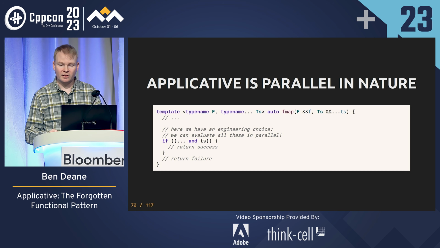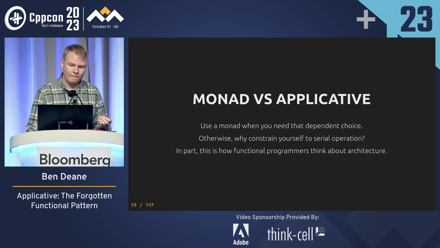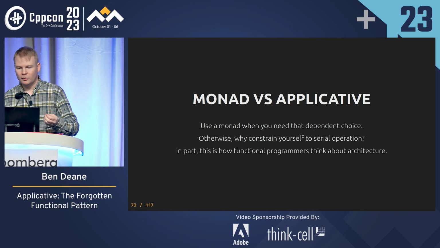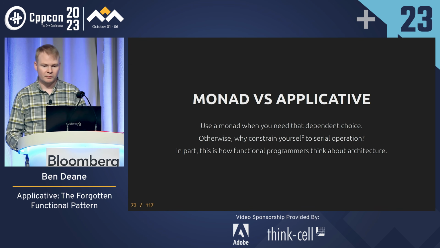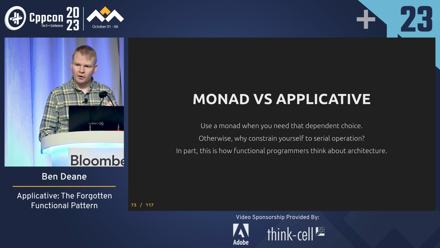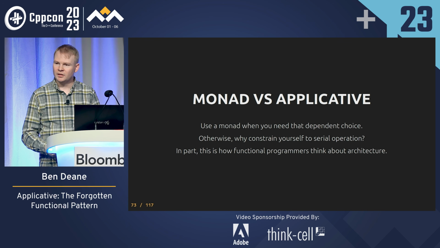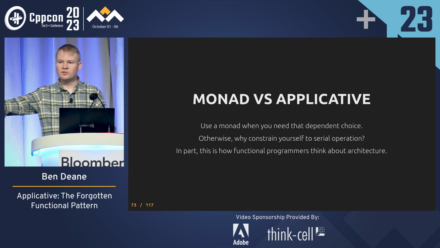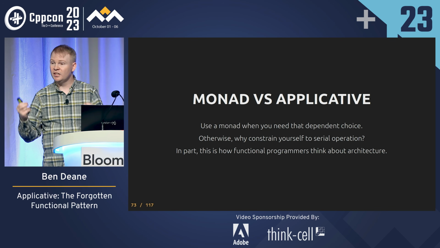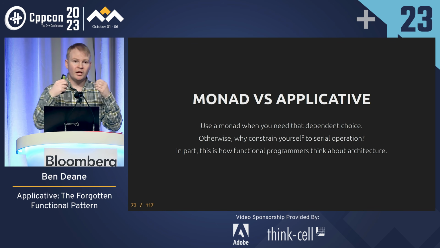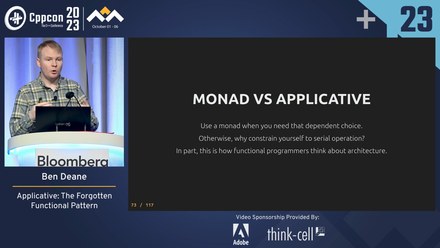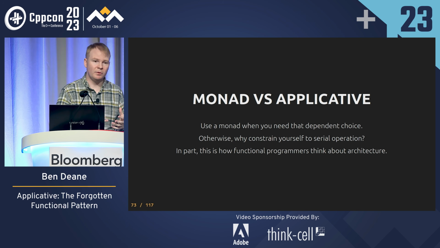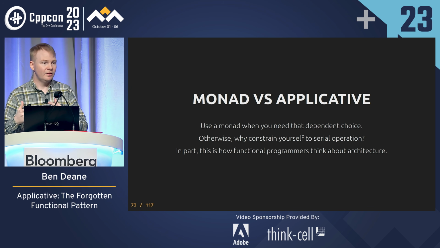That's the fundamental difference between monad and applicative. And when I was learning Haskell and learning functional programming, or coming back to it after a period since university, this is how I heard functional programmers thinking about architecture. Do I need the serial nature? Do I have a computation later on that depends on the result of the computation before? If so, I know I need a monad. But if I can run things in parallel, then I only need applicative, right? And if you only need applicative, it's a better situation than using a full monad,